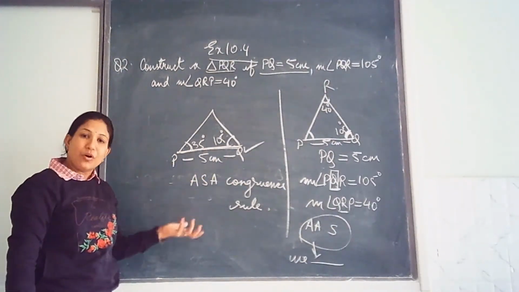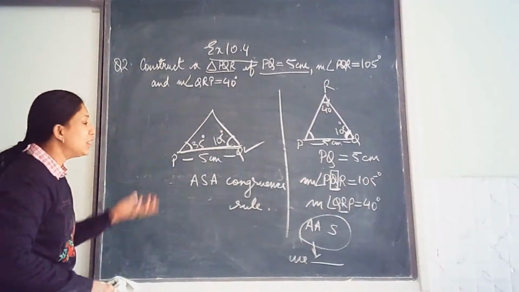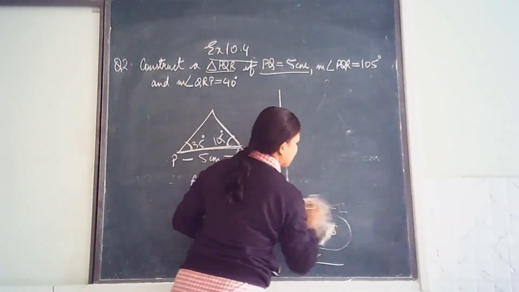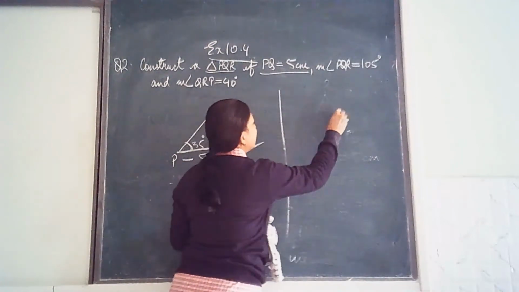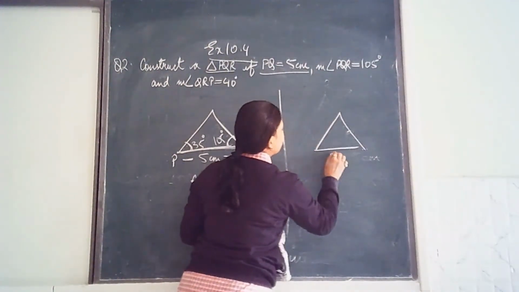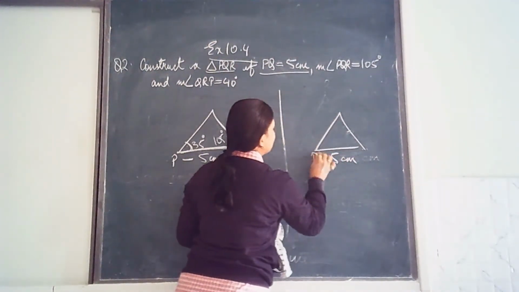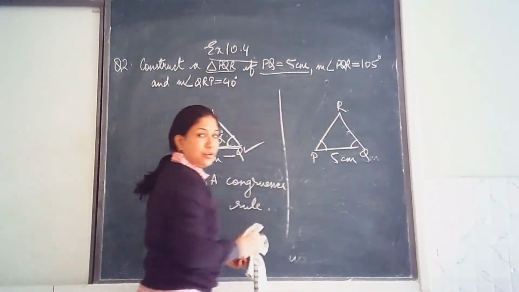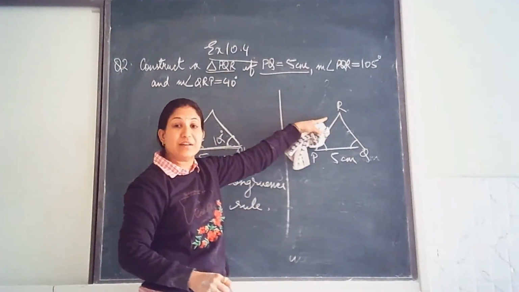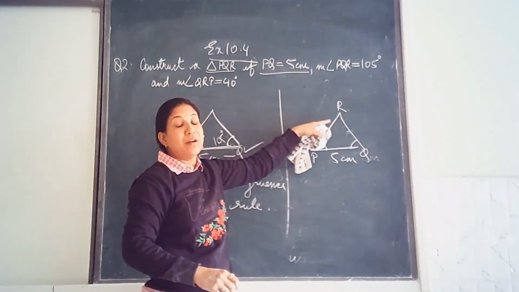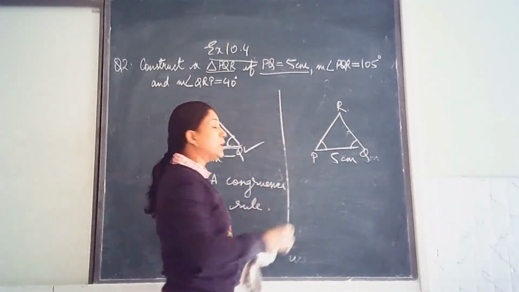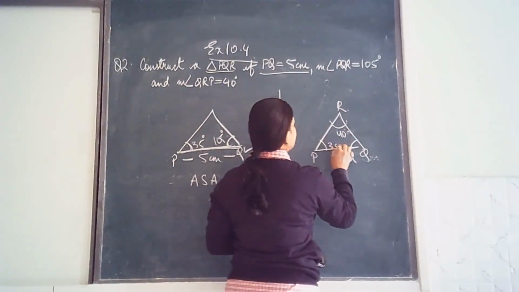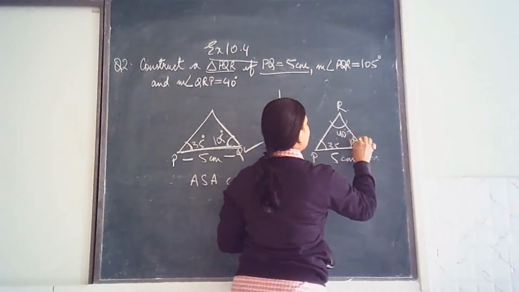So this you all know how to construct. Still, let us find out the construction again also. I will draw the rough figure here, and looking at the rough figure, then we will do the construction. P, Q, R. And once you construct, you will see the third angle, which is given as 40 degrees. When you measure, you will also see it will be 40 degrees only. So this is 35 and this is 105.